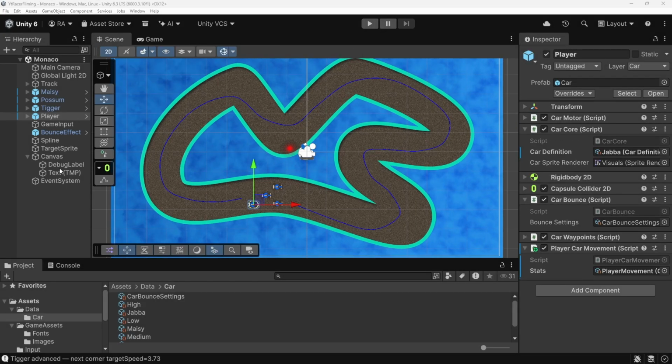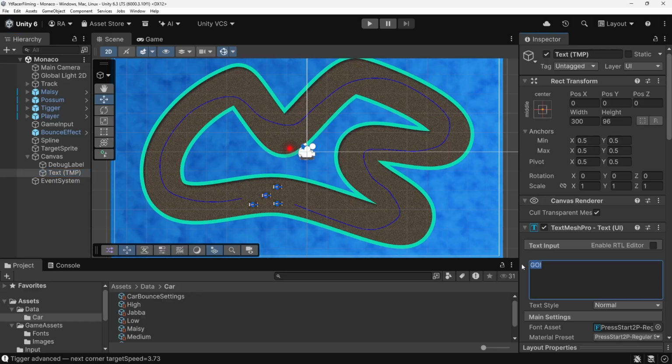Let's select the label again on the left-hand side. And then in the default text, I'll change that now to a 3. I just wanted to make sure we had enough space for the go, which we seem to. And then we don't want this showing initially for our race countdown. So what we'll do at the top here is actually disable this so we can't see it. And I'm also going to change this to countdown label. So at the moment it's disabled and we won't be able to see anything, but we'll enable it then from